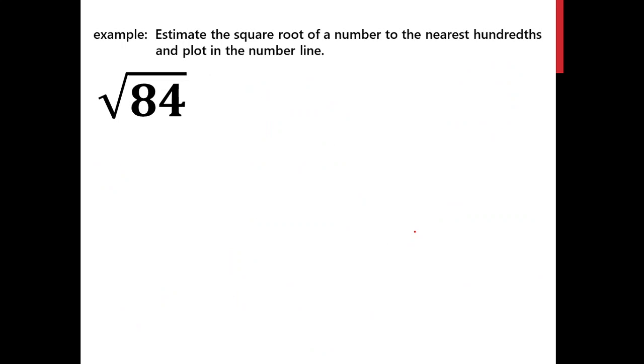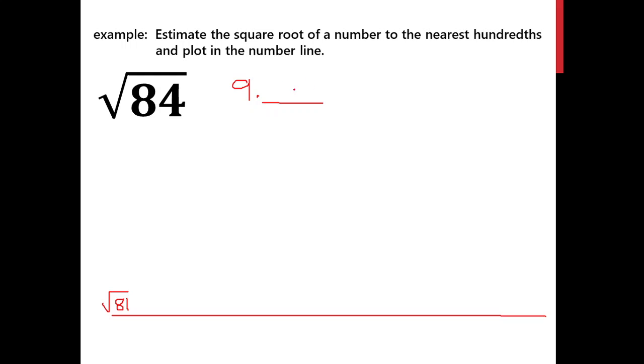Okay, so let's have another example here. The square root of 84. Again, the square root of 84 is not a perfect square. So let's find the first perfect square before 84, which is 81, right? 81, that is the square root of 9. So obviously, the square root of 84 is 9 point something, right? So we need to find the decimal place here. What's the next perfect square after 9? Obviously, that is 10, which is 100, right?